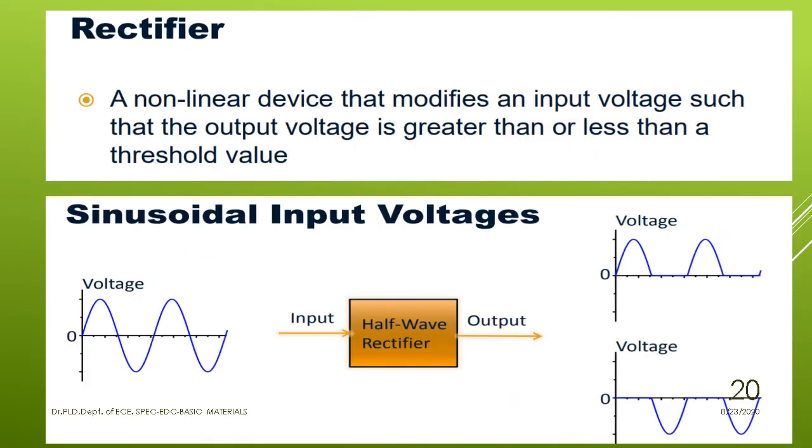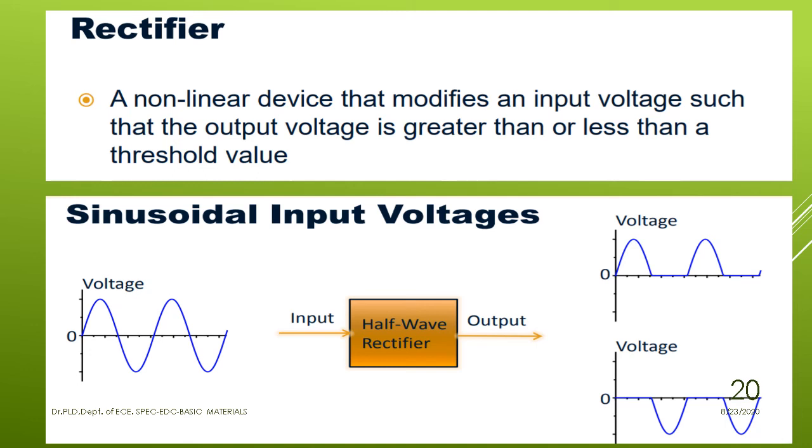Okay, so the next application of the diode is a rectifier: a non-linear device that modifies an input voltage such that the output voltage is greater than or less than a threshold value. Technically you can define a rectifier this way, or otherwise as a device which converts AC to DC; AC to pulsated DC is also acceptable as a definition. Now let us observe the half-wave rectifier,